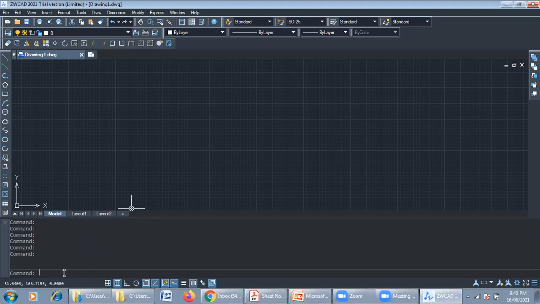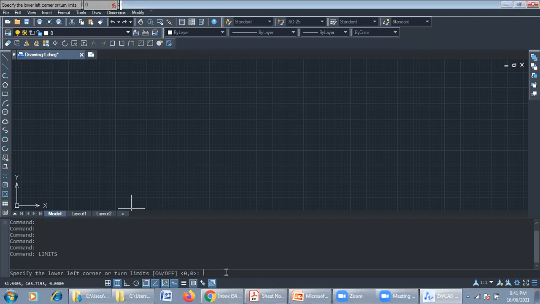So before starting the problem in AutoCAD, we should set some background. As per the limits, we should set the limits: enter the limits in the command prompt line. Then second 0, 0, that is our regular practice.